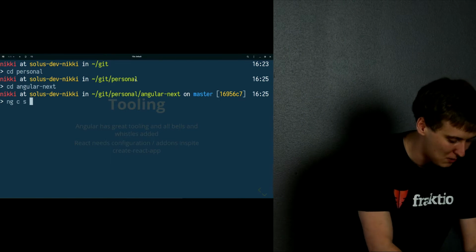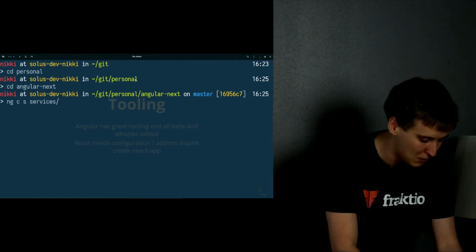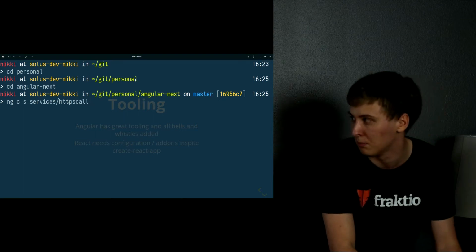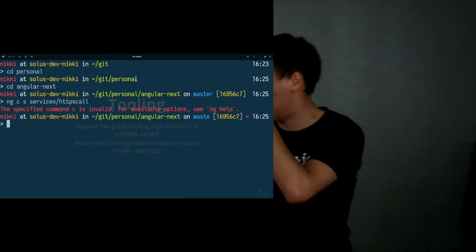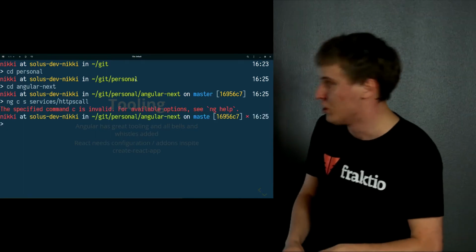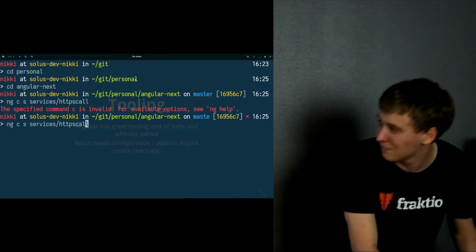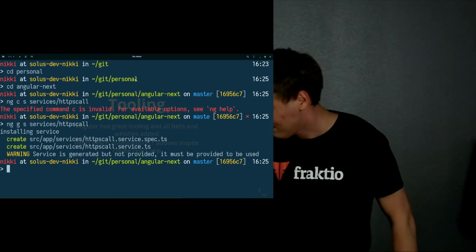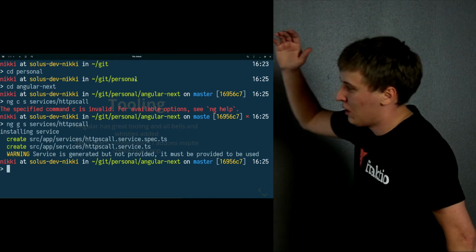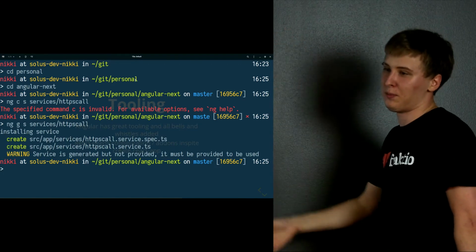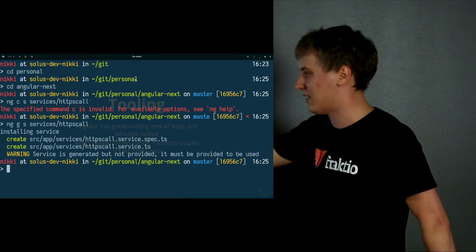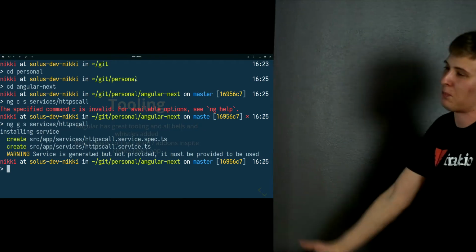I want it to be in the services folder, and it will be called HTTPS call, for example. ng, not C, sorry, but G, and there you have it. It generates the service automatically for me with all the imports. I don't need to care about anything. The only thing you could notice is that it says warning, service is generated but not provided.